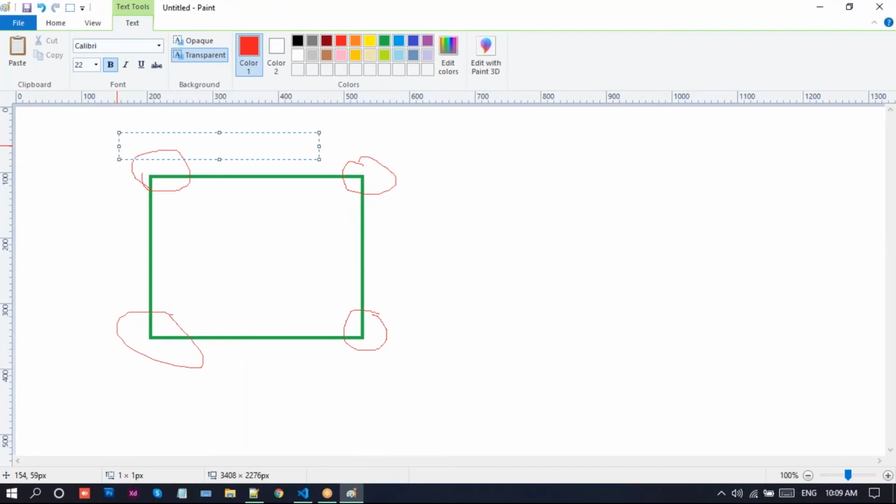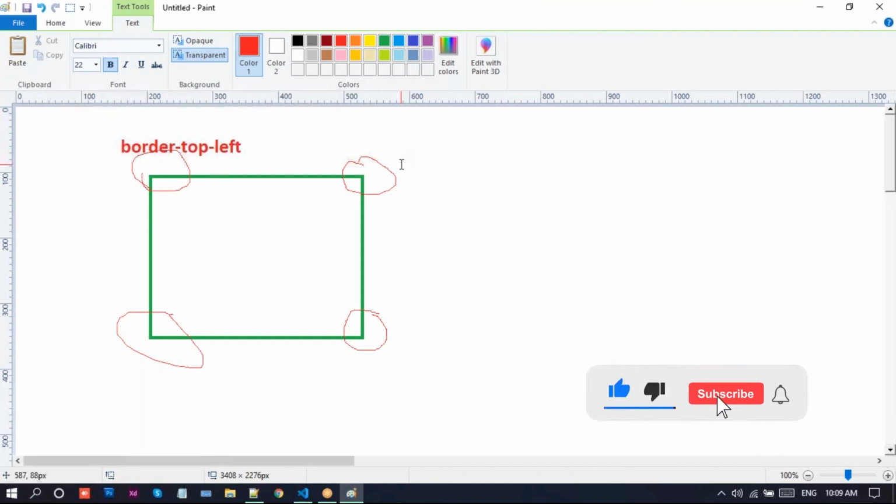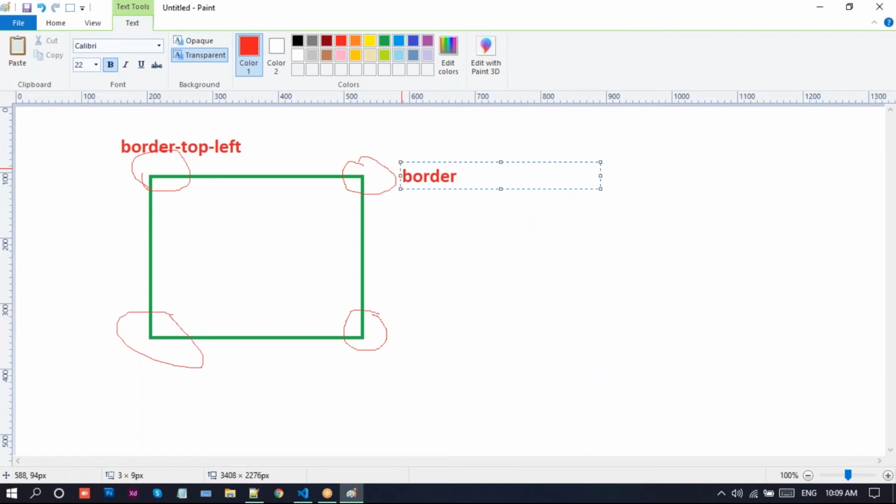This first one is border top left radius.